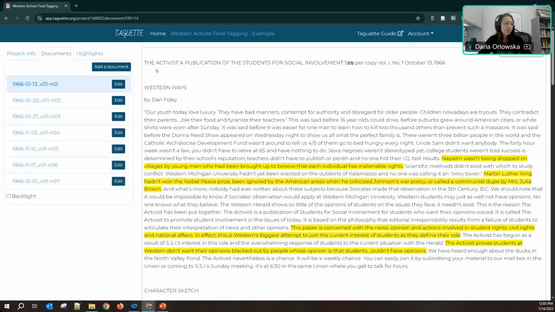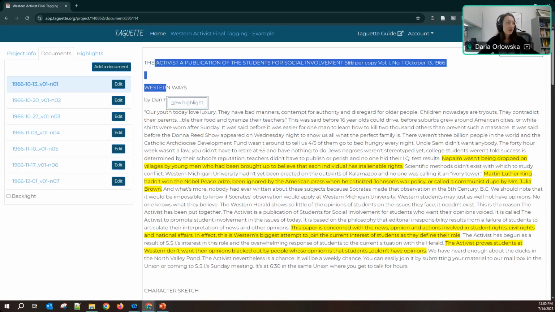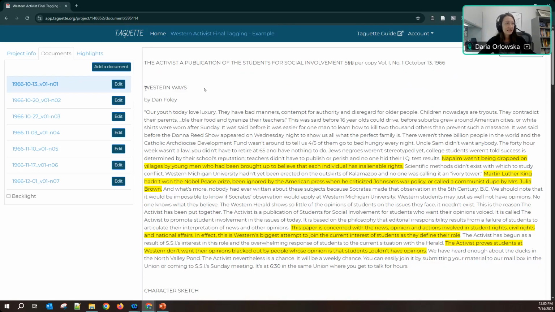Okay. The other thing that you may have noticed, just as a detour, is that the formatting looks a little bit different in the PDF that I just exported compared to the original document. In fact, you will find that any formatting you have done before you import it into Taguette might look a little bit different. For example, I put in a single space between the title of the Western activist and the title of the article, but it looks like I have 3 spaces. So formatting can change a little bit and look different on the platform. Just something to keep in mind, and there's not really a way to fix this.